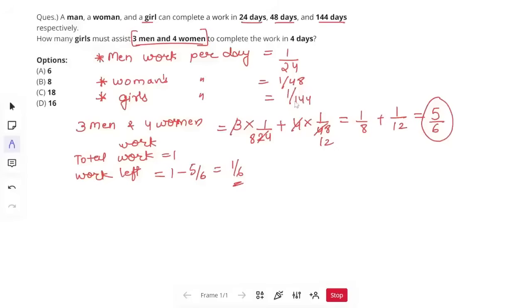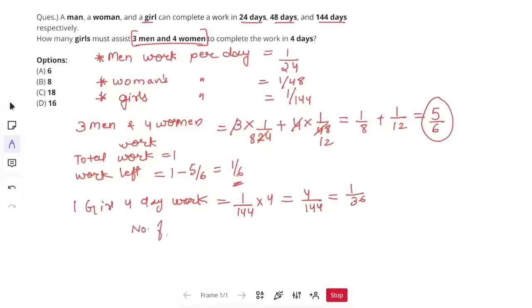That girls per day will do 1 by 144. So one girl's 4-day work is 1 by 144 into 4, which is 4 by 144, which is 1 by 36. So the number of girls needed to complete 1 by 6 work,